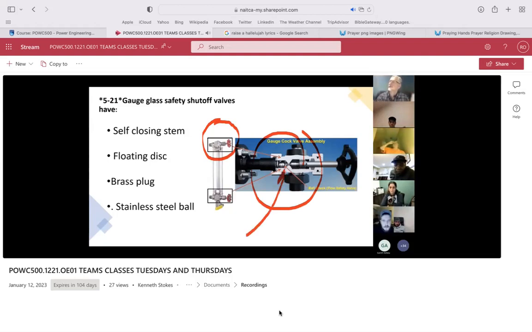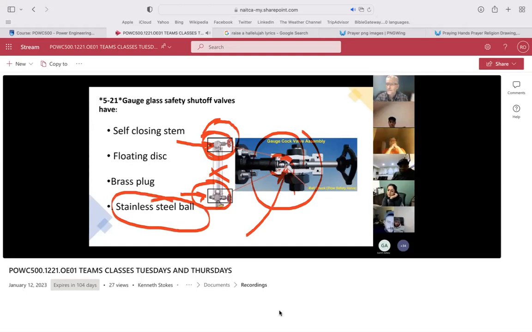And what's unique about this valve? It has this little stainless steel ball bearing inside. So if this valve is wide open, it allows the flow in and out of the gauge glass. Level can go up and down. Should the glass break, and then the increased amount of flow tries to blast through this valve, this little stainless ball will